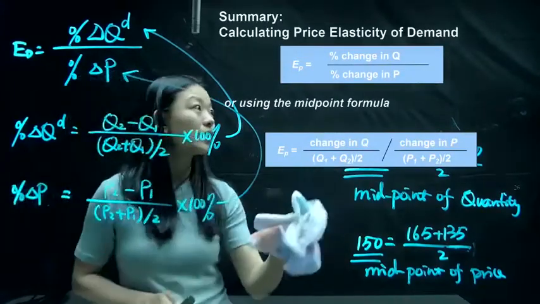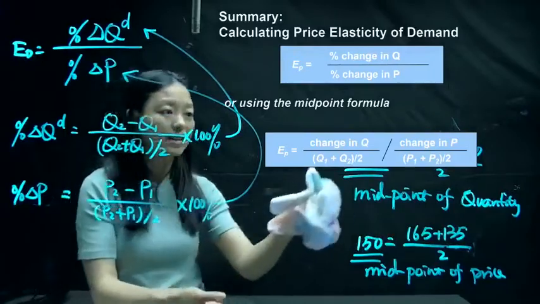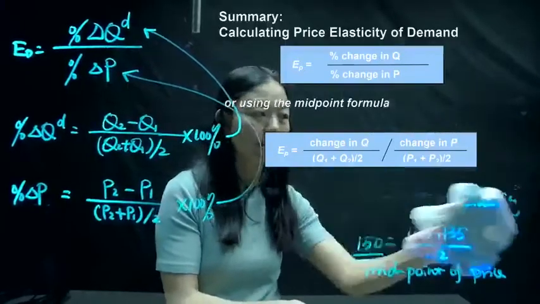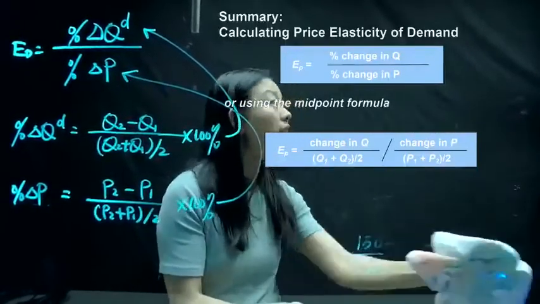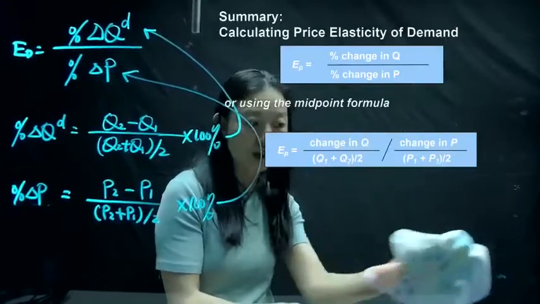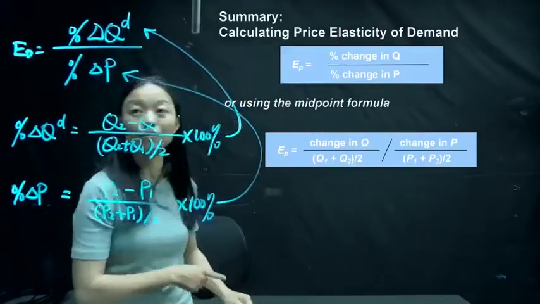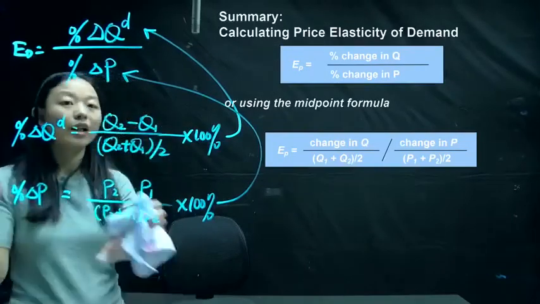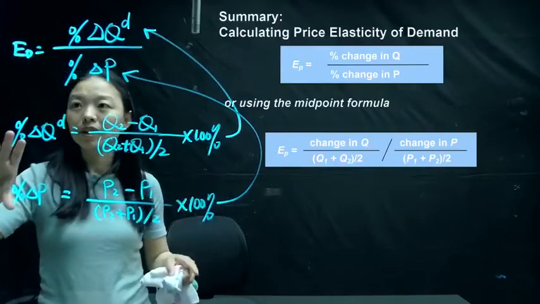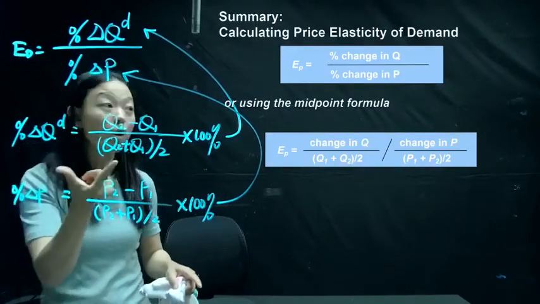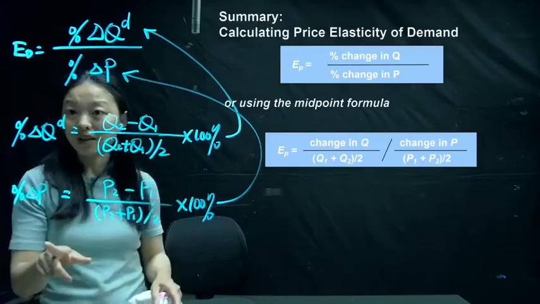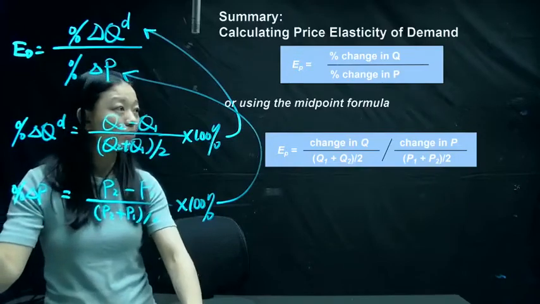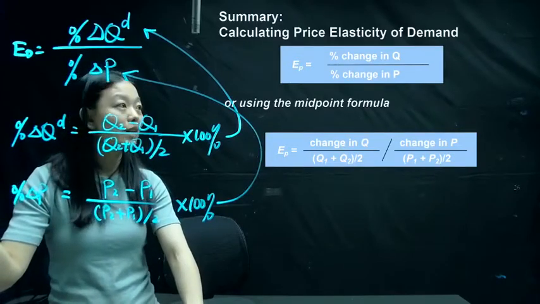All right, now let's look at the summary to compute the price elasticity of demand. If the practice question or the quizzes or the homework assignment questions tell you the percentage change directly, you can just use the first formula, okay? However, if it gives you the combination of price and quantity, then you need to use the midpoint method, okay? Understand? All right, now let's move on to